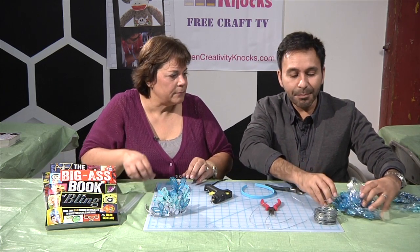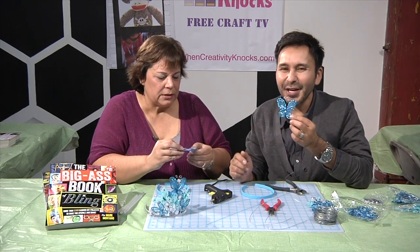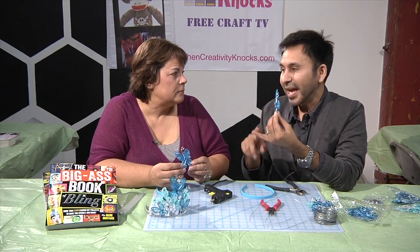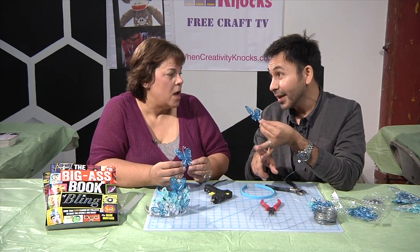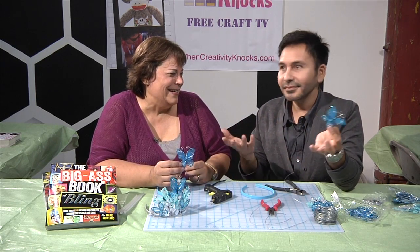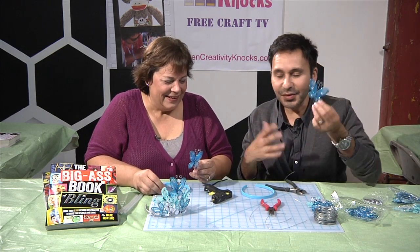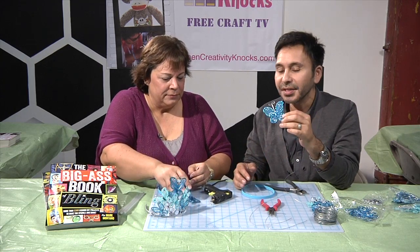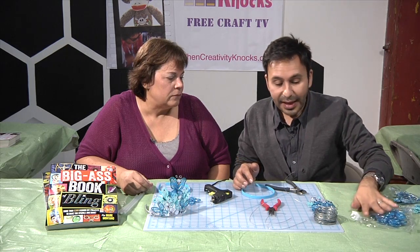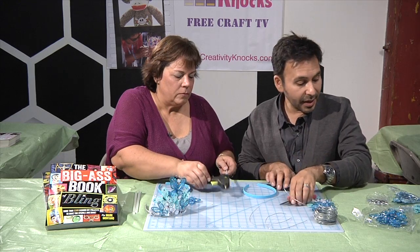And then you need these little nylon butterfly embellishments. Every craft store has these. If you can't find these, here's a tip: paper butterflies, scrapbooking paper butterflies, feather butterflies, or real butterflies from the garden, why not? These are really easy to find, and they come in all different colors too. You can switch out whatever you want with this. And you need hot glue, a wire cutter with a little bit of twisty thing,